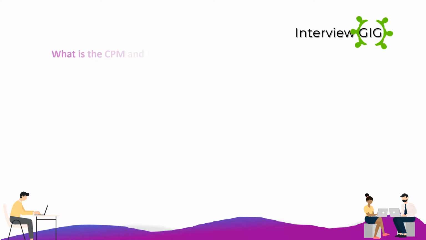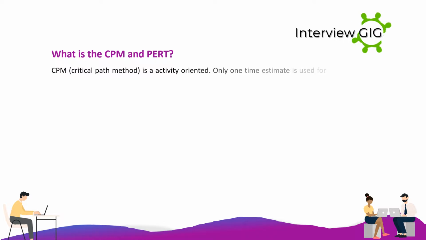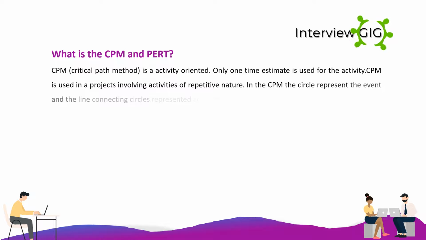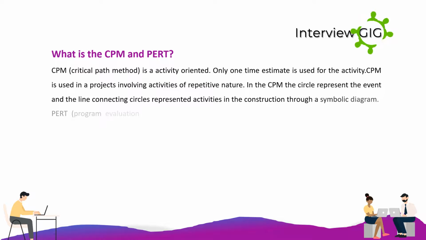What are CPM and PERT? CPM, critical path method, is activity-oriented. Only one time estimate is used for the activity. CPM is used in projects involving activities of repetitive nature. In the CPM, the circle represents the event and the line connecting circles represents activities in the construction through a